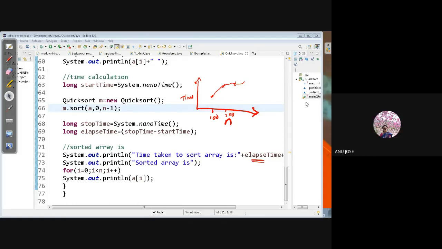Present, ma'am. 19. Present, ma'am. 20. Yes, ma'am. 21. 22. Present, ma'am. 23. 24. Ma'am, only till 22. Okay, fine.